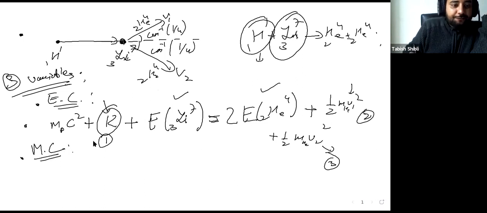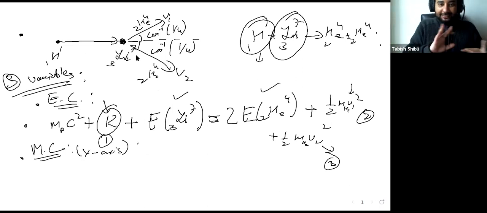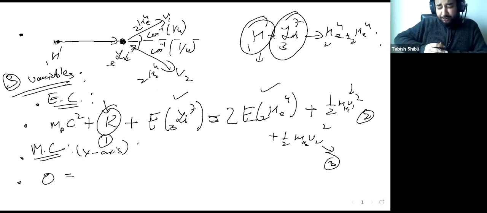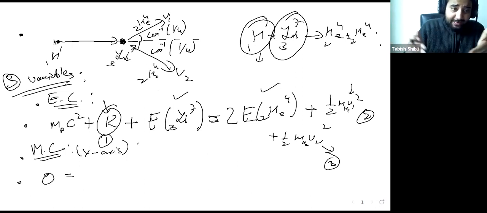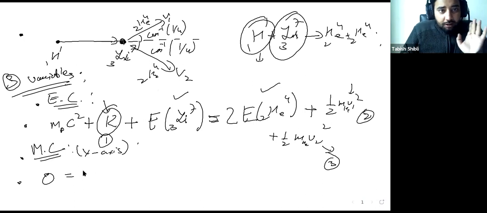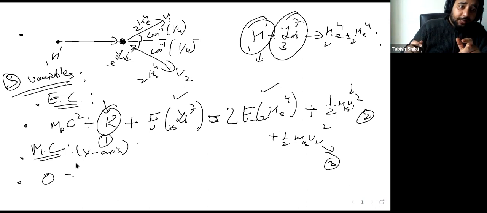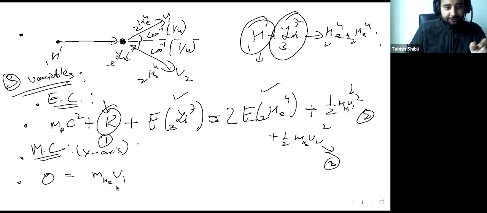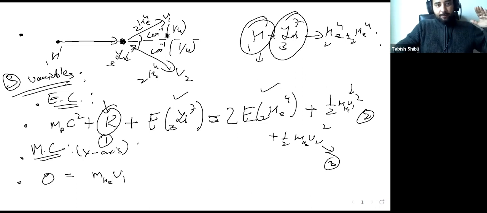Let's apply momentum conservation first along the y-axis because it's just simpler. Along the y-axis, initially there is zero momentum, right? So the total momentum along the y-axis is zero, as the hydrogen nucleus or the proton, same thing, is moving along the x-axis. And lithium is also stationary. So the total momentum along the y-axis is zero. But what about the RHS? What about the resultant? Well, let's say the momentum is m, the mass of the helium, multiplied by v1. That will be a momentum in this direction.